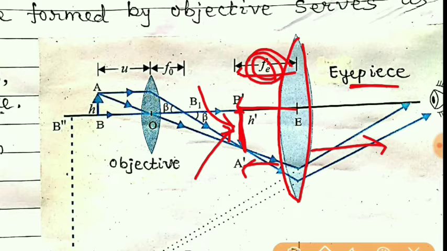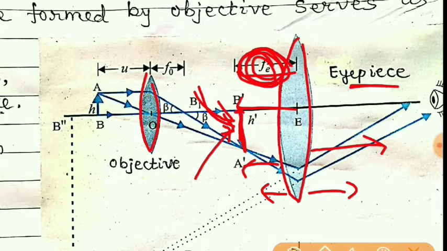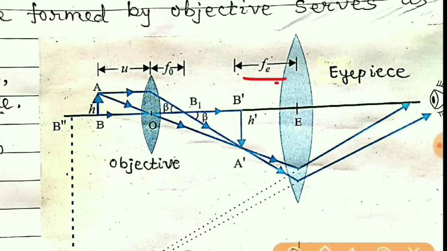Students, if you have used a microscope, you might know that the eyepiece of the microscope can be moved up or down with the help of the screw given. So with the help of the screw we can move the eyepiece up or down. In that case, what we are doing is adjusting that eyepiece so that the image which is formed by this objective falls near the focal point of this eyepiece.